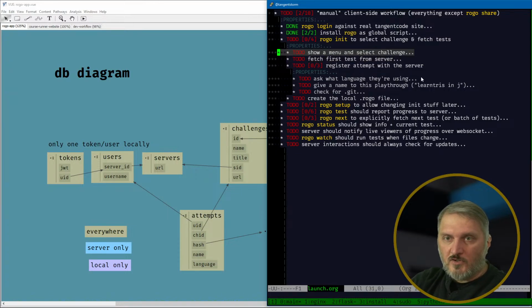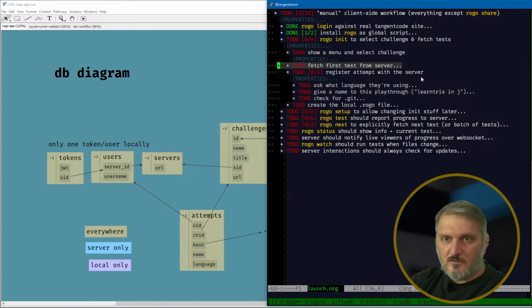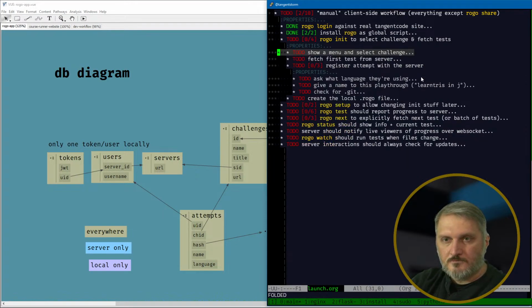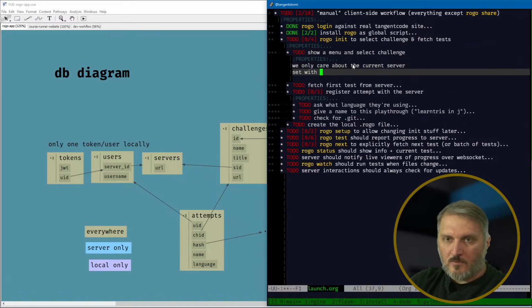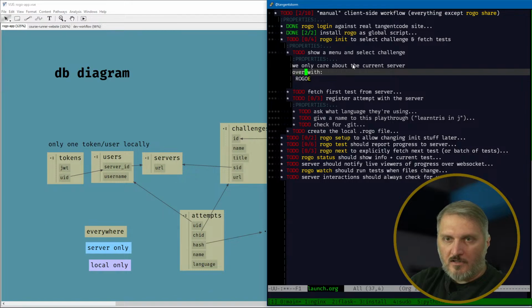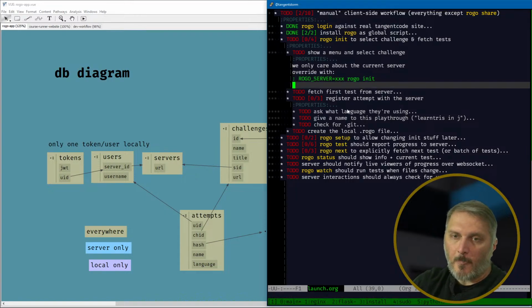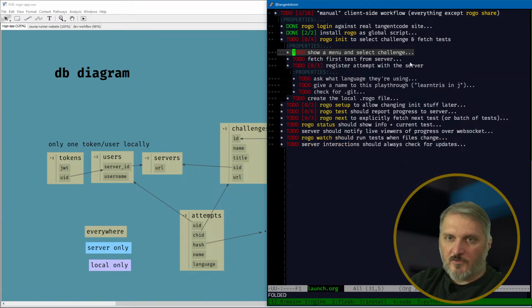So we select a challenge. We only care about the current server. In Rogo init, fetch first test from server. Set with Rogo, or we can override it. We say Rogo server equals xxx Rogo init. So you can select another server if you want to. That feature exists. So we'll list the things and then